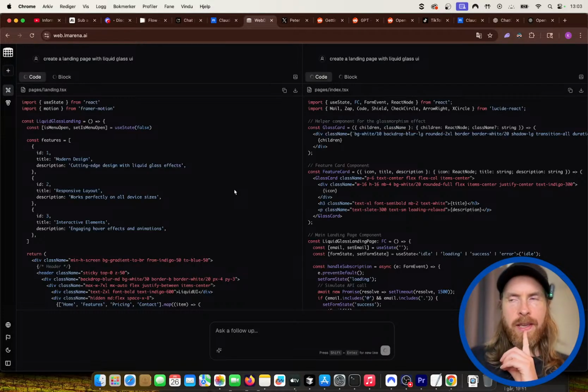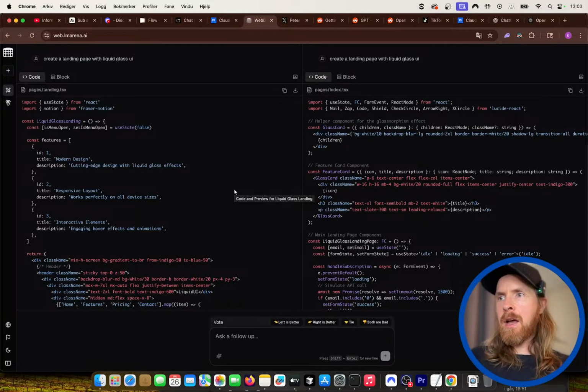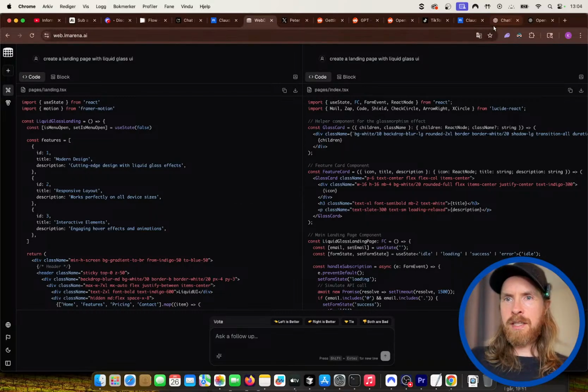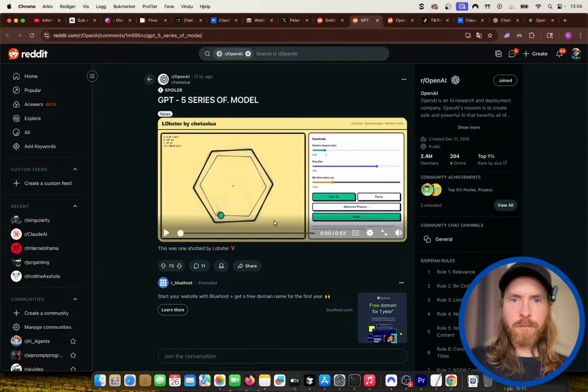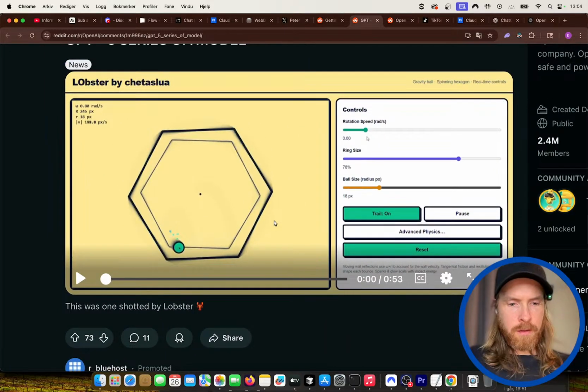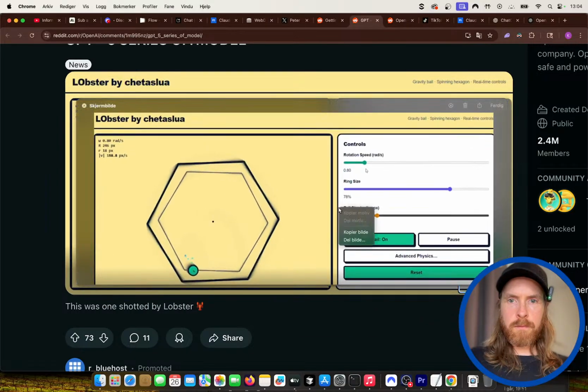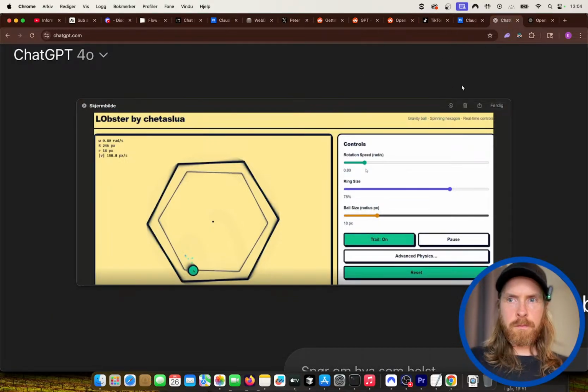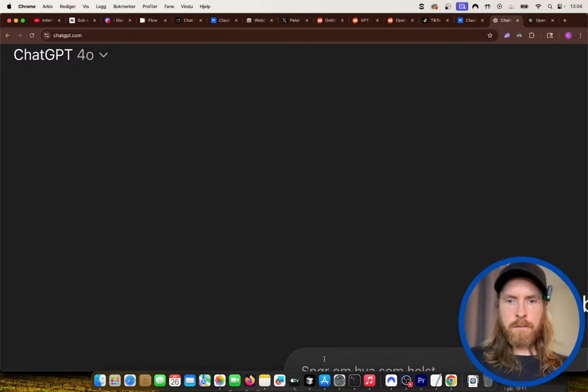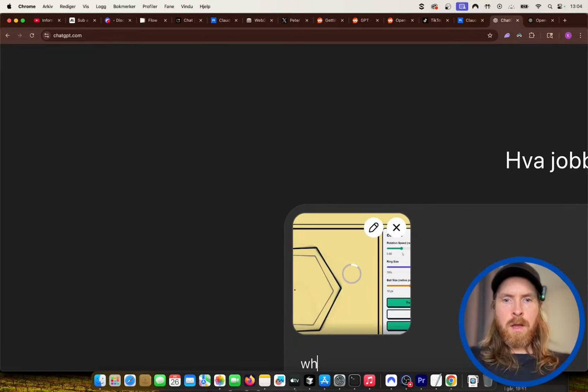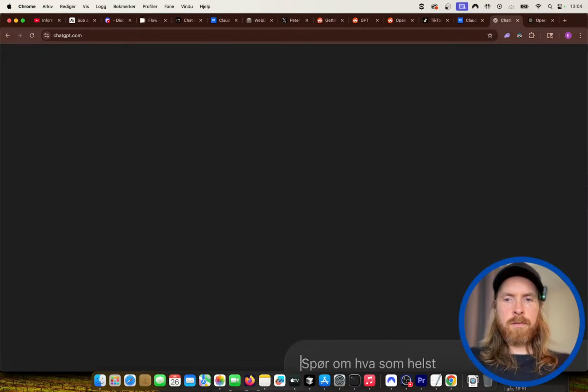I really wanted to see if we can get the material UI design. Take a screenshot and ask, yeah, we can do that. What style is this?